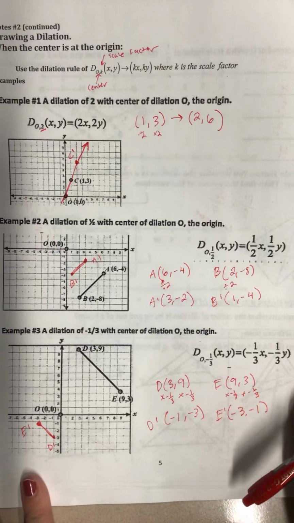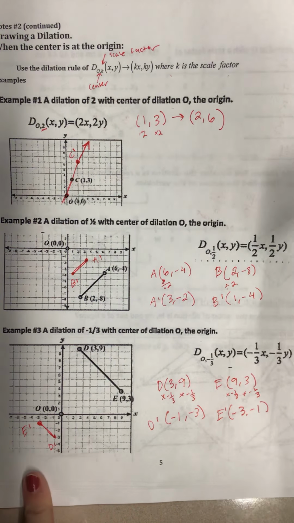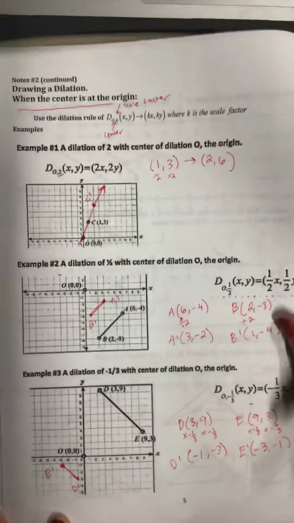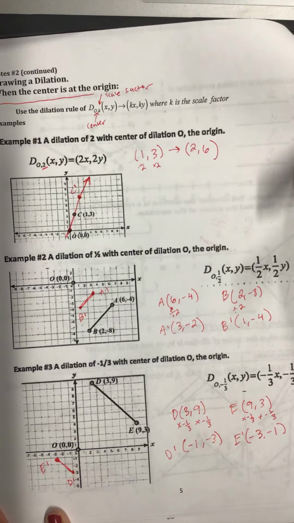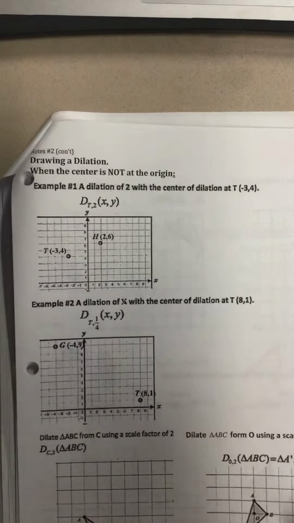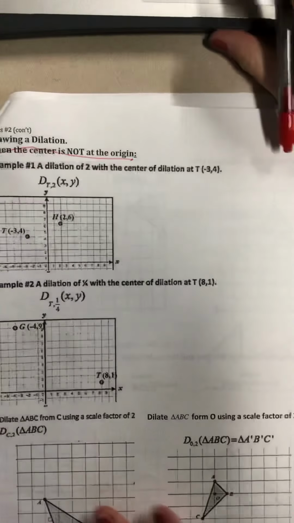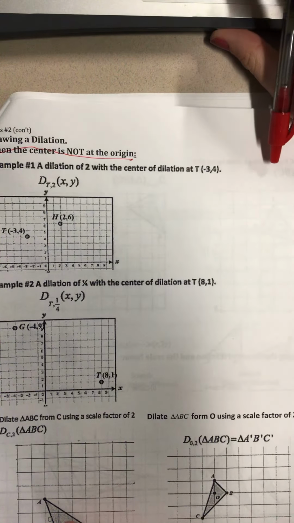So that's all for that page. This was all when the center was at the origin. But now we're going to look when the center is at a different place. So this is when the center is not at the origin. We're still doing dilations. And we have